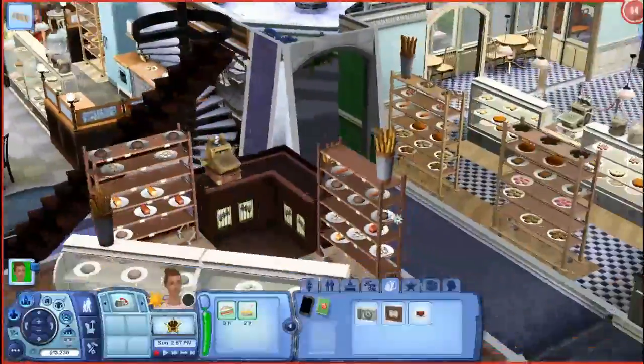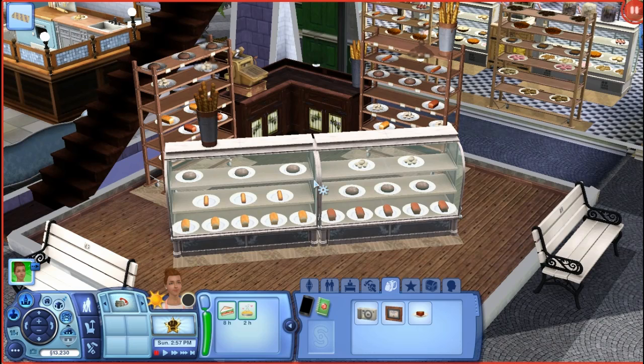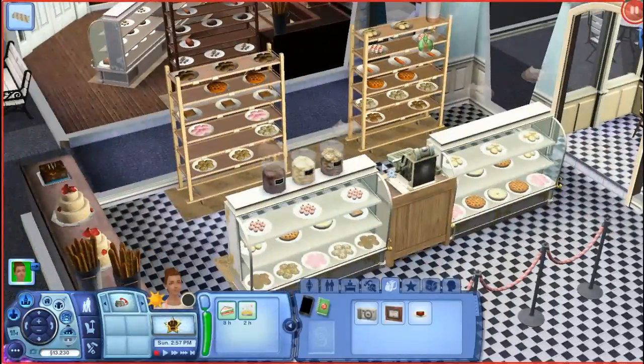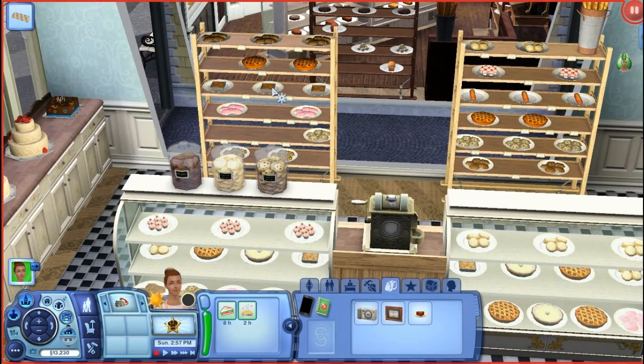I'm really loving this set. I think it is probably the cutest one I have seen yet. As most of you guys know, cooking skill, like I already said, is my favorite. So this is literally like the ultimate platter in a good way for me. This is amazing, and I cannot wait to play this. I'm such a spaz this morning. I cannot wait to place this venue in my towns, but not only this venue, but the baking station itself in my Sims' home. I cannot wait for that. So with that being said,